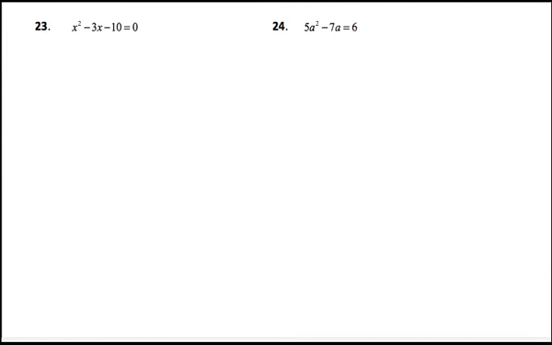So in this next problem, it's called the zero product rule. It's not called the 6 product rule. So I have to subtract 6 from both sides of this equation. So the left side of this is going to be 5a squared minus 7a minus 6 equals